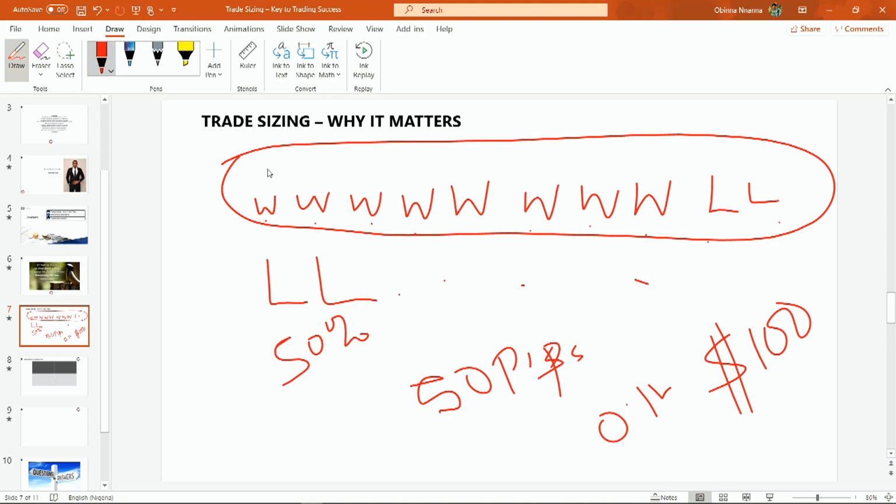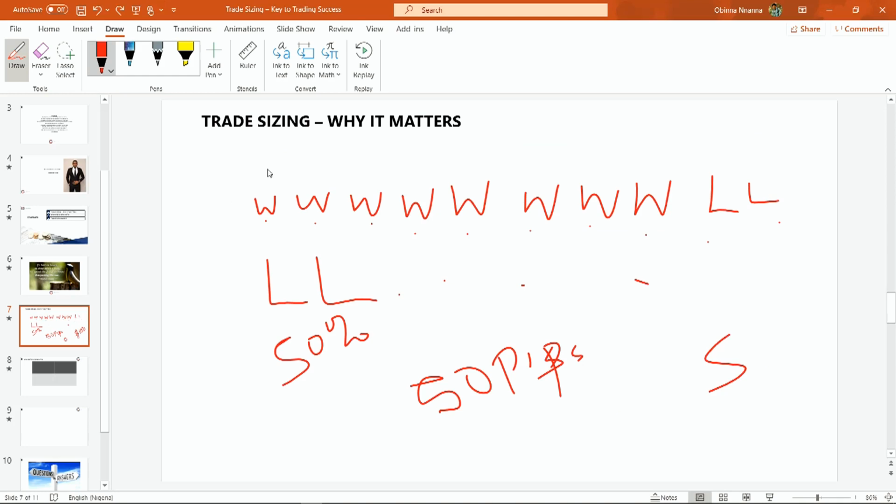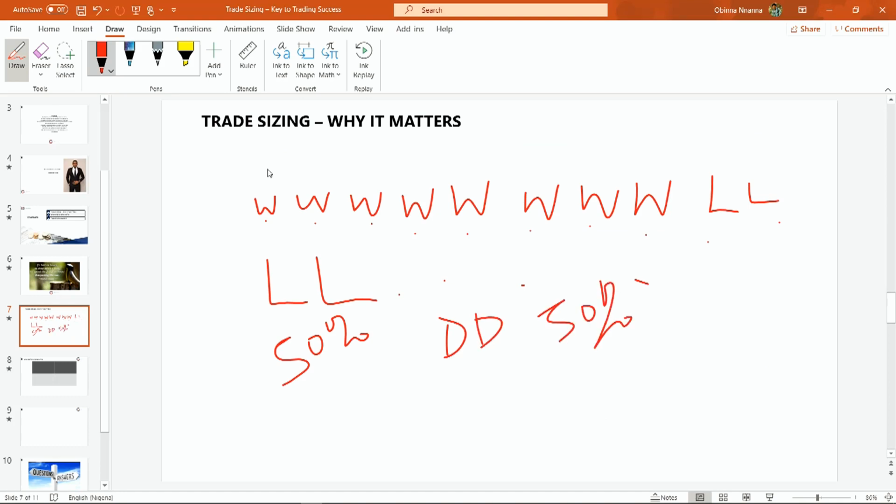If the first trade goes against you, you're now in a place where you have a drawdown of 50%. The pressure, psychologically, is massive. So it puts you in a very, very terrible condition, right? And in this state,